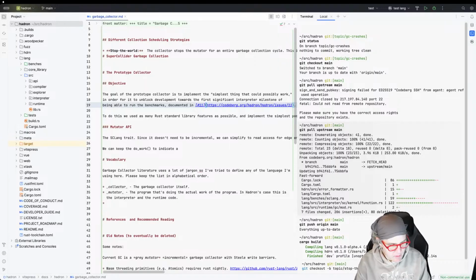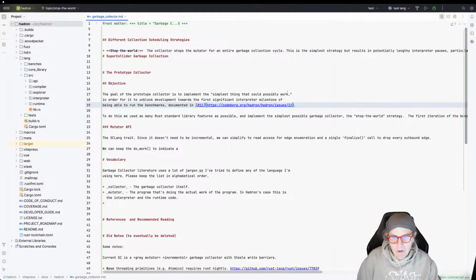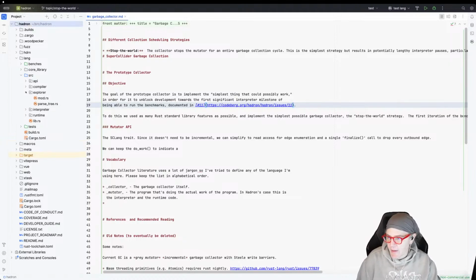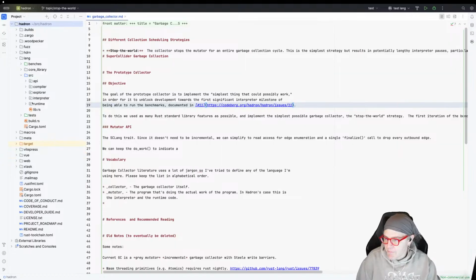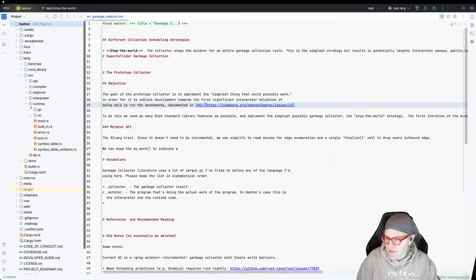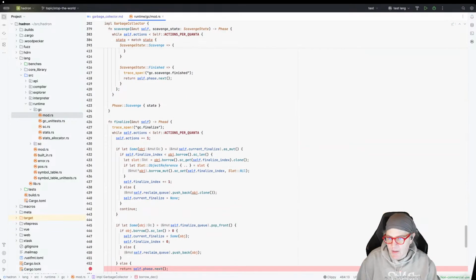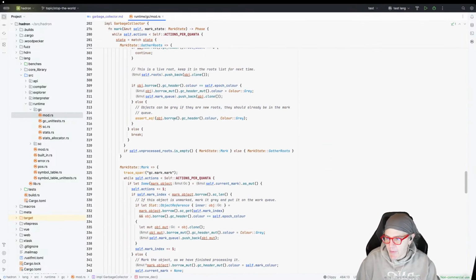Stop the world. All right. So we added some stuff to the design doc. I had just notes that I copied out of my Obsidian notebook. But what I wanted to do was just start making a mess. So the first observation is source runtime GC. This is a good time. I was reading the Rust style guide, and they say don't put a bunch of crap in your mod. You know, actually have a proper